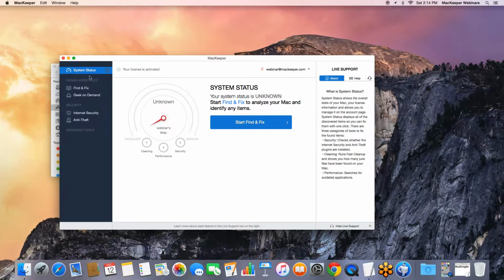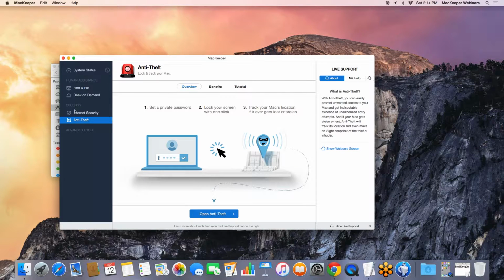And once you install it, you need to go to System Status and either click Sign Up if you do not yet have a MacKeeper or ChromeTech account. ChromeTech is the name of the company, like the Apple ID, for example. And a MacKeeper account is basically like, well, you can make an analogy between an iCloud account and a MacKeeper account. Once you sign up or once you log in, if you already have the MacKeeper account, the next thing you need to do in order to start using new options in the anti-theft is click the anti-theft